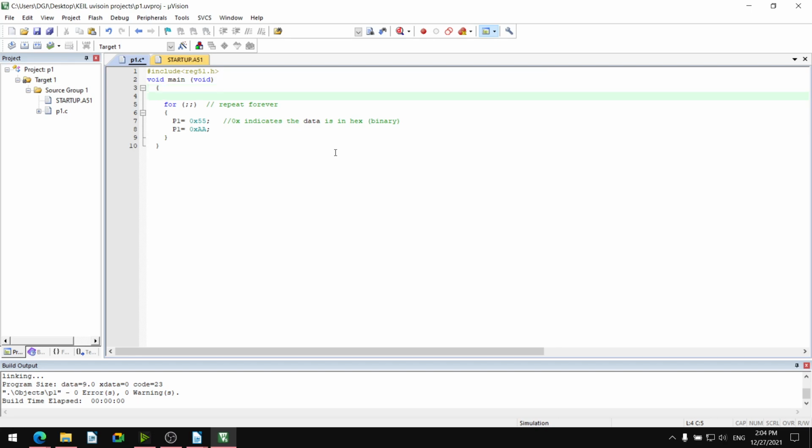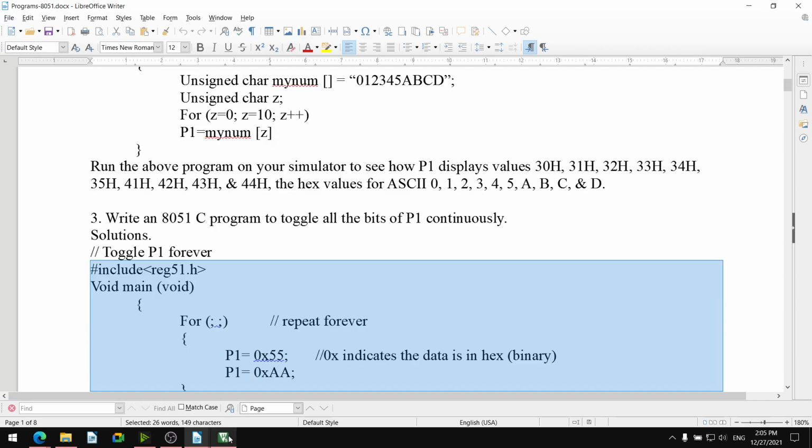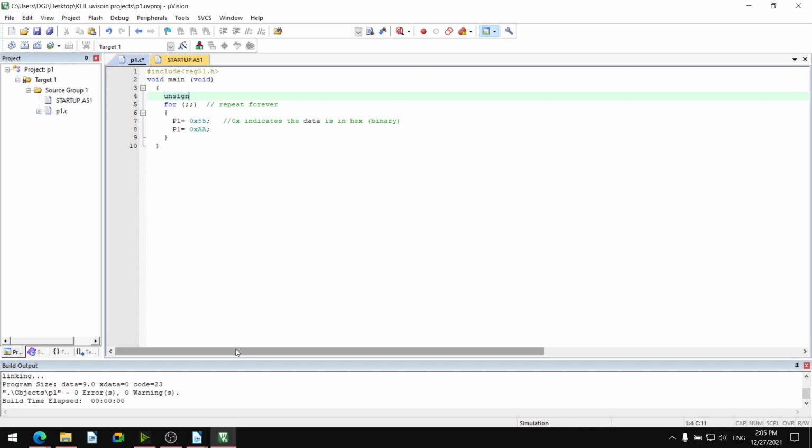So let us have unsigned integer x, y semicolon, and we'll have the for loop: for x equal to 0; x less than 2500; x plus plus.